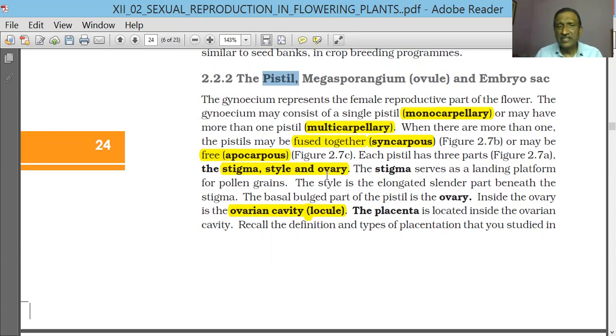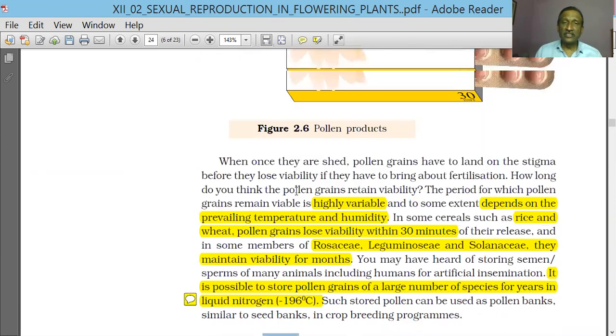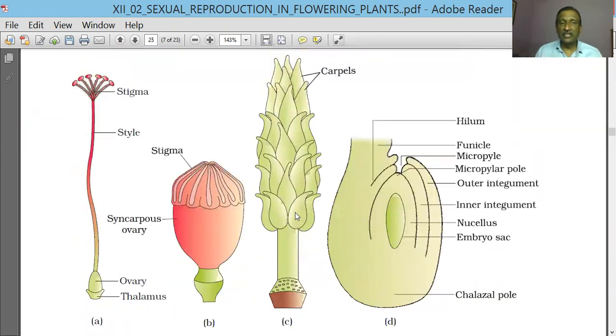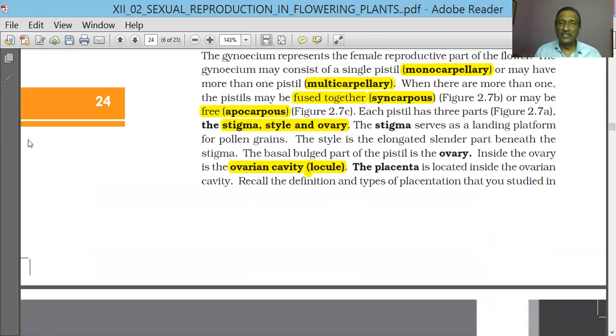Now, each pistil has three parts: the stigma, style, and the ovary. The stigma serves as the landing platform for the pollen grain. The stigma is the tallest part, the outermost part, hanging outside, the part which is coming out of the plant. This is where the pollen grain falls. Whenever any visitor, maybe bees, butterflies, wasps, birds or any other organism brings the pollen grains, the stigma is the first thing they encounter. Or when they are exposed to abiotic factors like wind or water, they are also exposed to the outside. So the stigma receives the pollen grain.